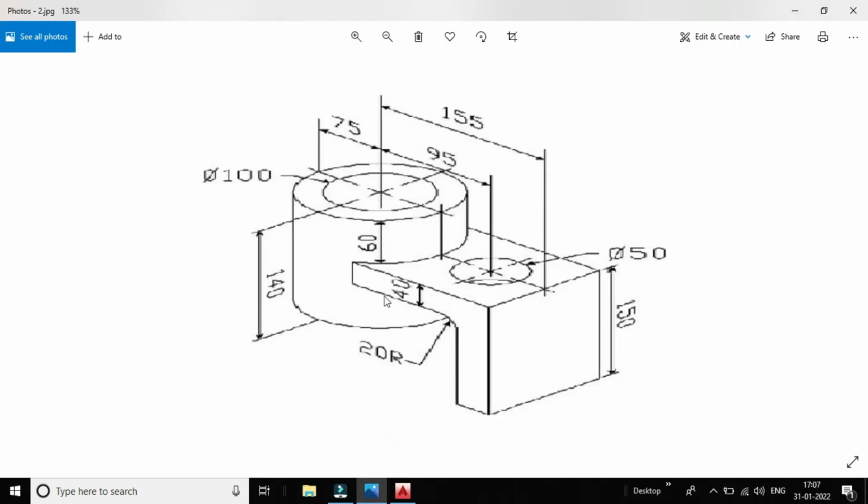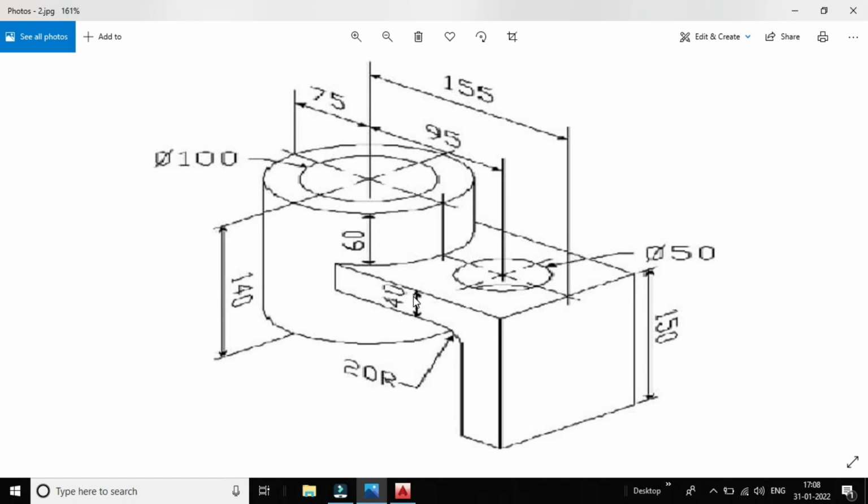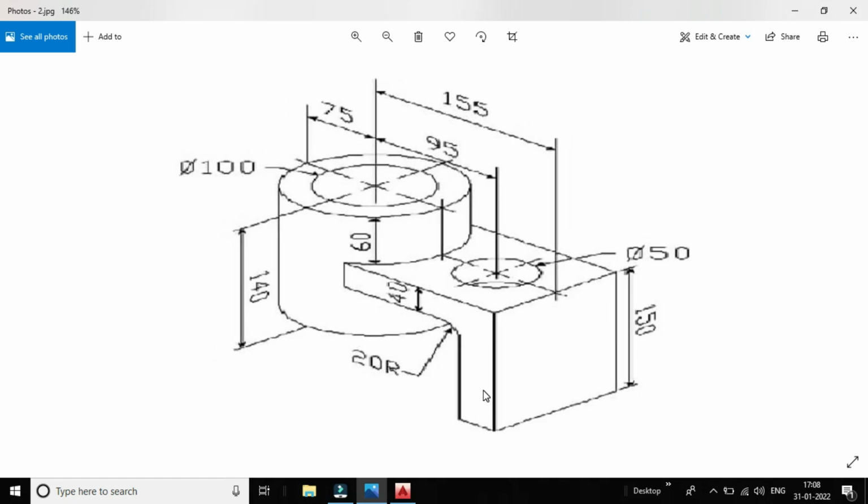Here you can see, first of all let us create this base. From this base we will be projecting from here to here in the upward direction, and we will complete this, and then copy this to the downward side. It sounds easy, so let us go here and do this. Here you can see it is 40 mm, so this distance will be 40 mm. From here to here it will be